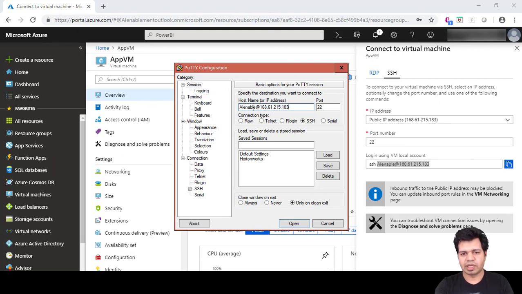So if you provide AI enable, which is nothing but our user ID, at this IP, it will automatically get entered using our user ID, and the port, as I said, is already automatically taken as port number 32, which was matching with this port number. So click on open,